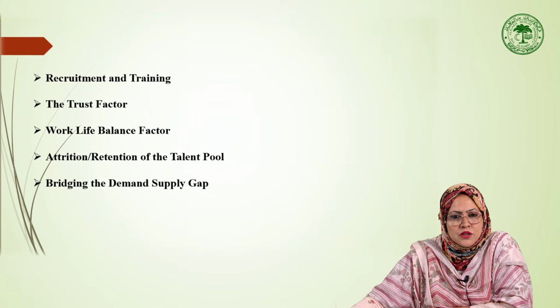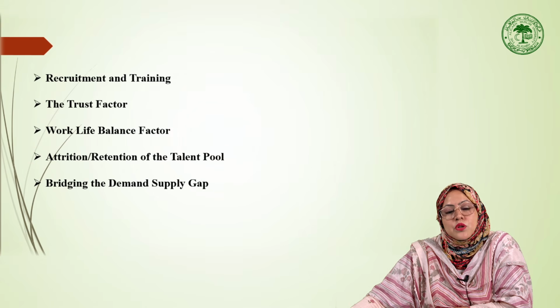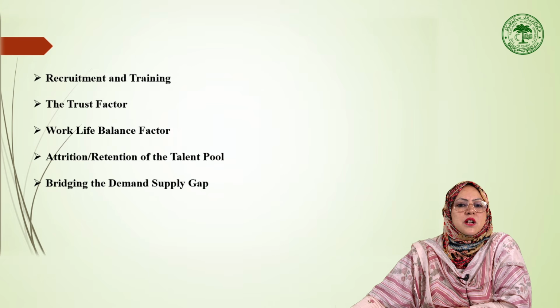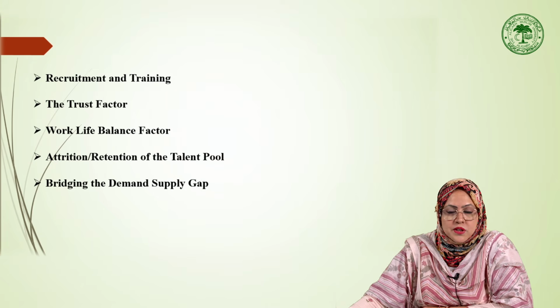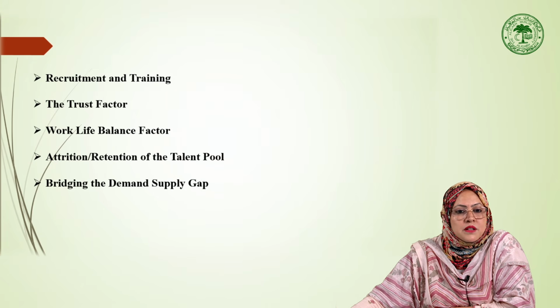Then, attrition and retention of the talent pool. One of the toughest challenges for HR managers in any organization is to deal with the prevalent high attrition level. Though there is an adequate supply of qualified staff at entry level, there are huge gaps in middle and senior level management in any industry or organization. Further, the salary growth plan for each employee might sometimes not be well defined. This situation has resulted in increased levels of poaching and attrition between organizations. The industry average attrition rate is 30 to 35% and could range up to 60% in some situations and circumstances.